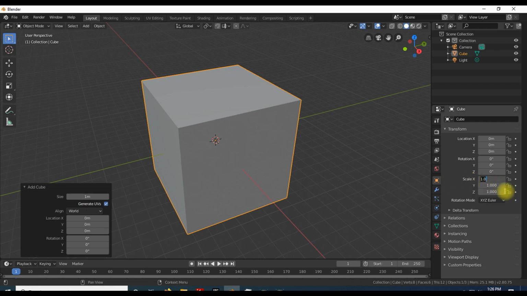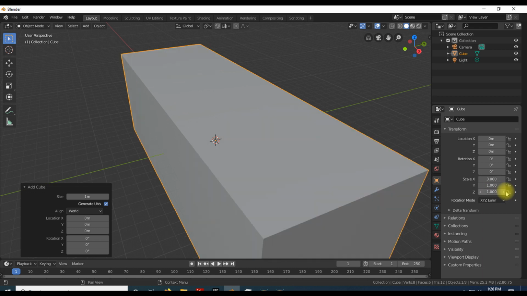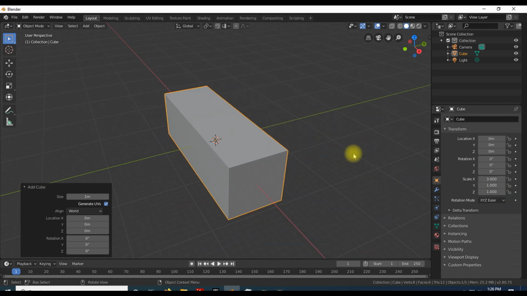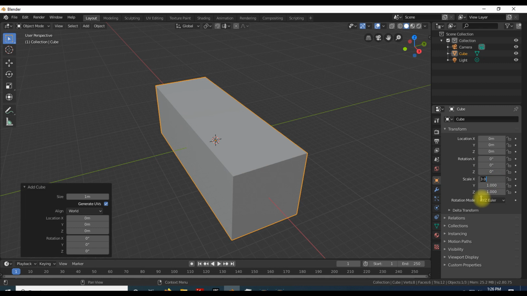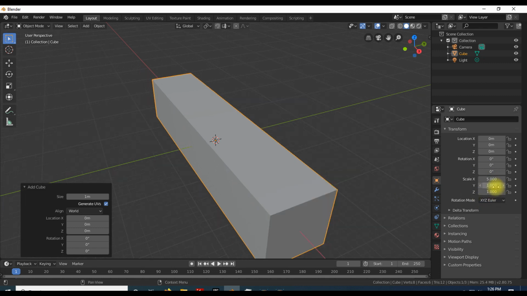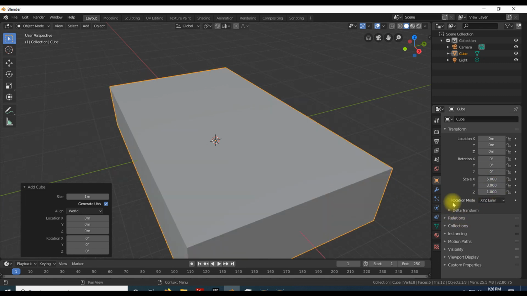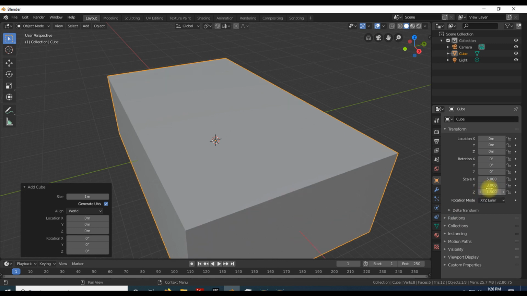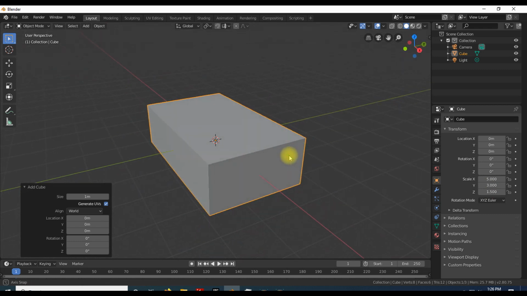So I'm going to make it 3 meters wide, or sorry, that's my X. I'm going to make that 5 in the X. For my width, I'll do 3 meters, and then my height, I'll just do 1.5. This scaling doesn't really matter. I'm just picking some arbitrary values here. And then once I have my scale,